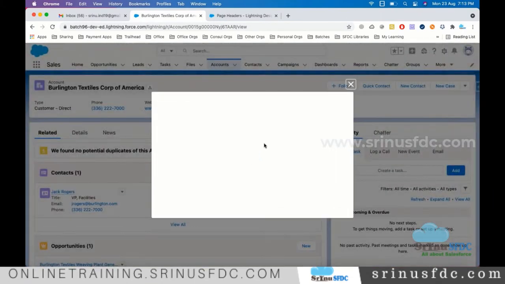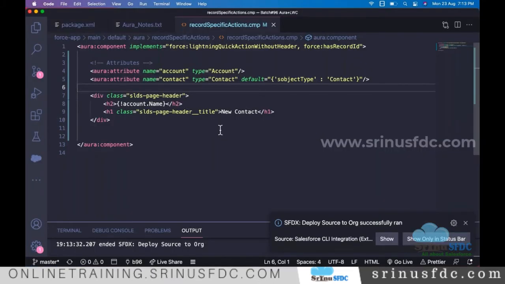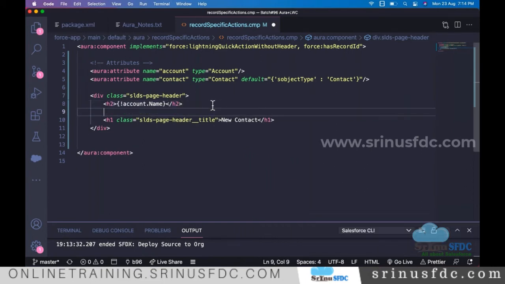Click contact. No, still nothing is there. I think there might be the caching problem. Anyway, we know that this won't show, that is fine. At least this should be showing.